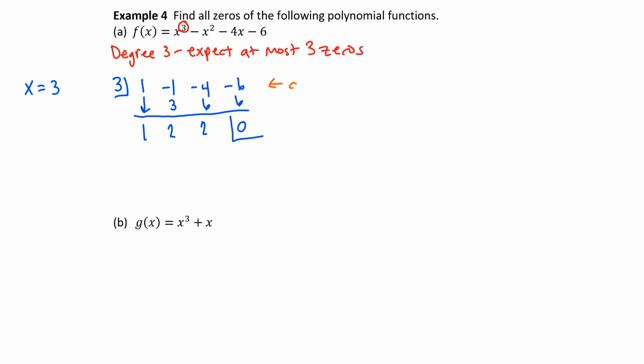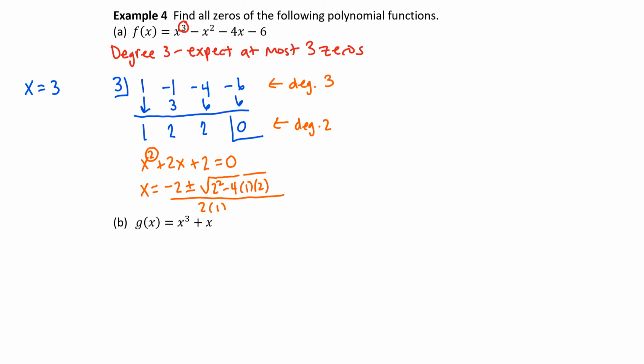Following our logical process, remember we started out, this line represented a degree 3 polynomial, and after one round of synthetic division, this is a degree 2 polynomial. So this guy represents the polynomial x squared plus 2x plus 2. We can go ahead and set this equal to 0 to find the 2 zeros that he is encoding. To find the zeros of this polynomial, we can apply our quadratic formula once again. So we have negative b plus or minus the square root of b squared minus 4ac, all divided by 2a.